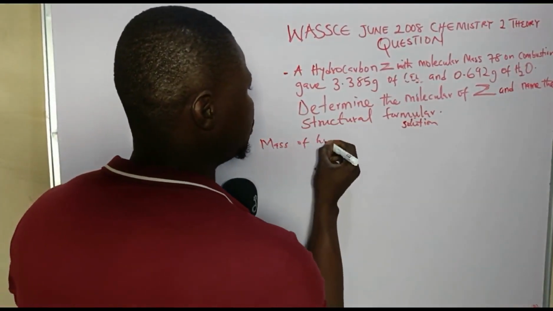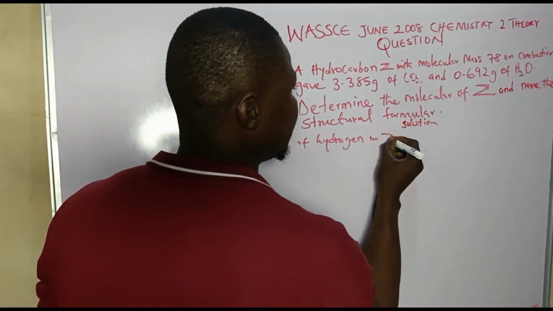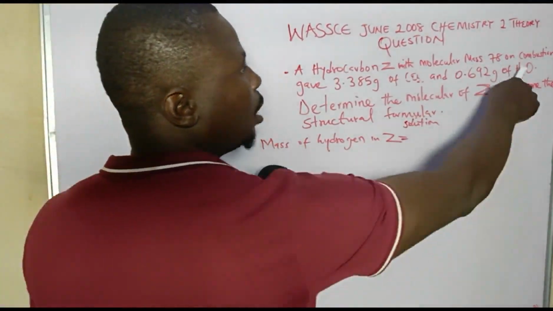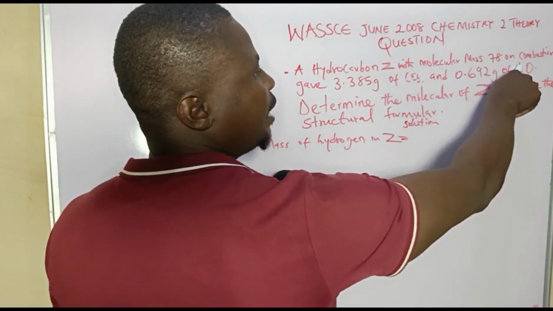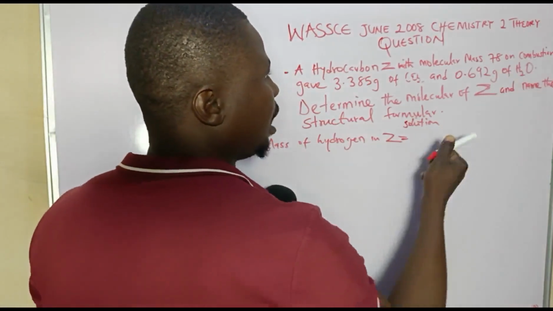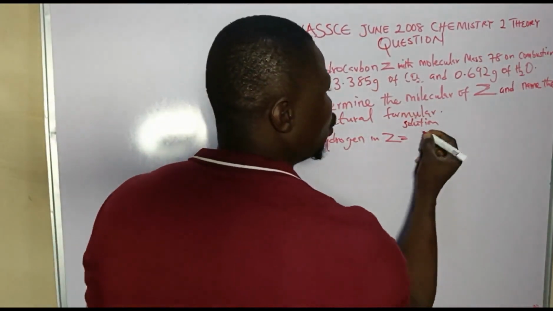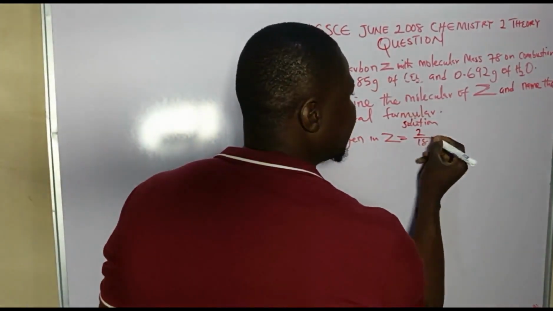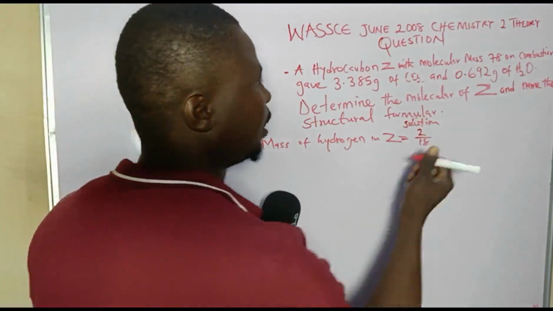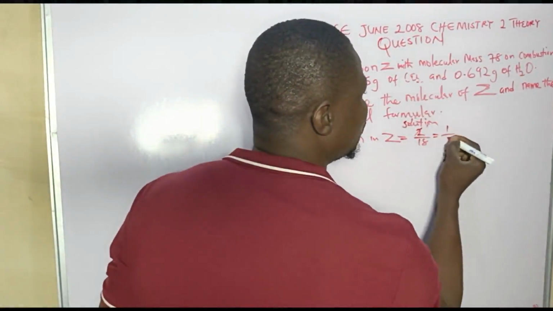Mass of hydrogen in Z equals the molar mass of water, which is 18. The atomic mass of hydrogen is 1, so 1 times 2 is 2, plus 16, which is 18. And we are looking for hydrogen in Z, so you now have 2 over 18. Let's get the simplest fraction: 2 divided by itself gives 1, and 18 divided by 2 will give us